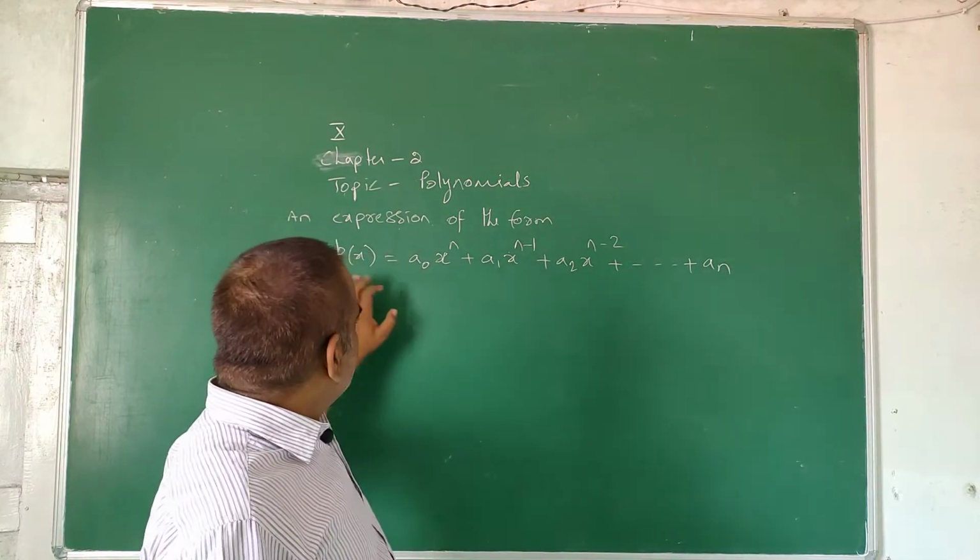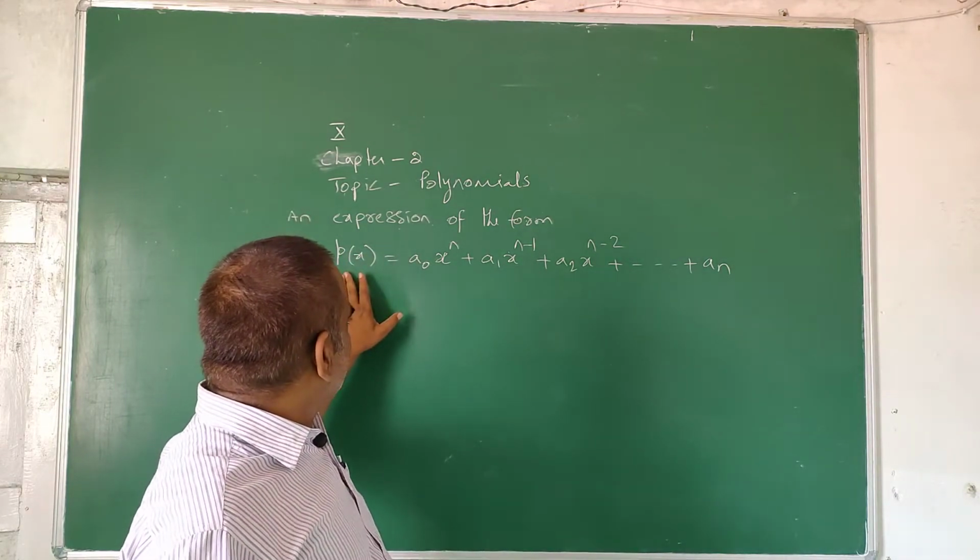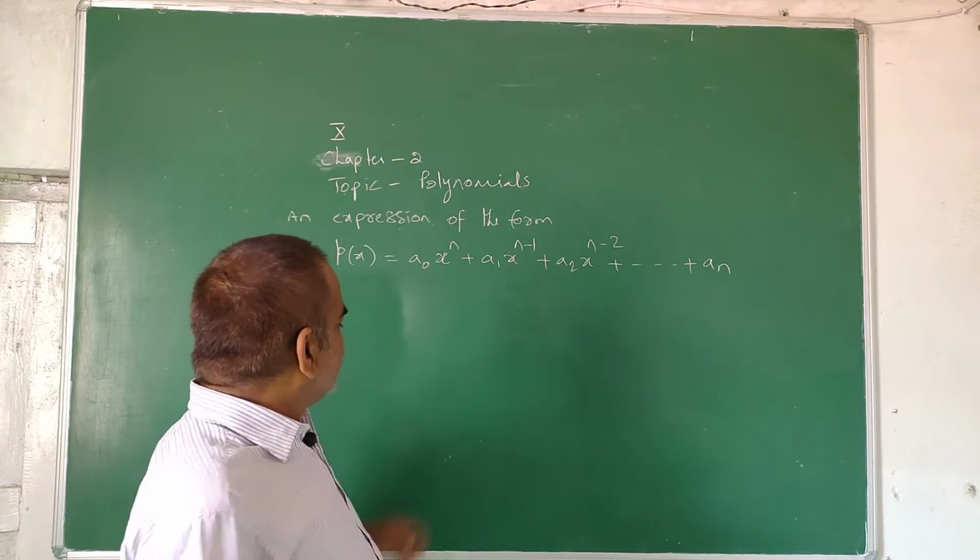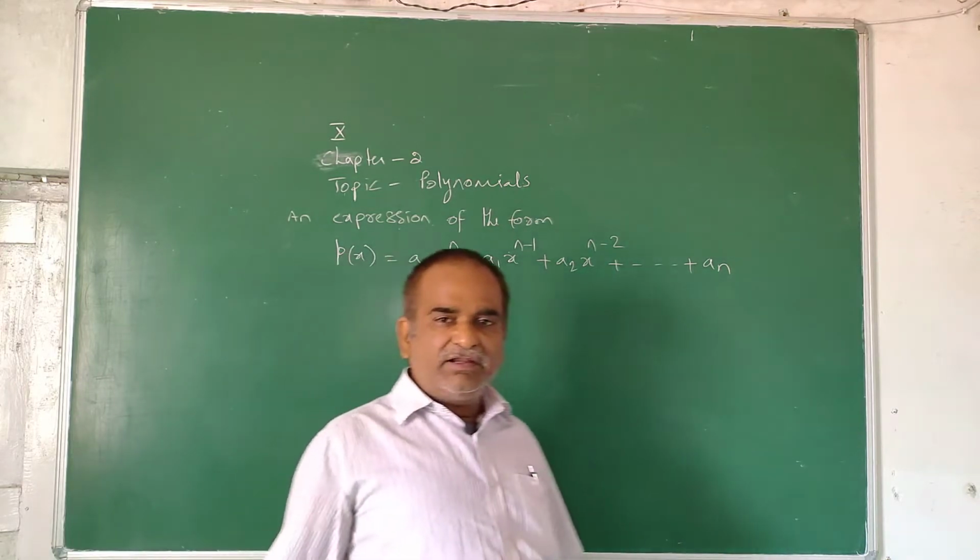So, an expression of the form P of x is equal to this, where a naught, a1, an,